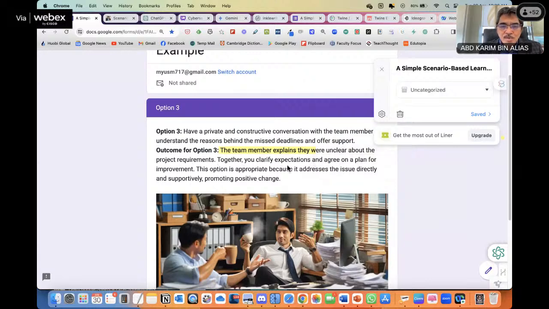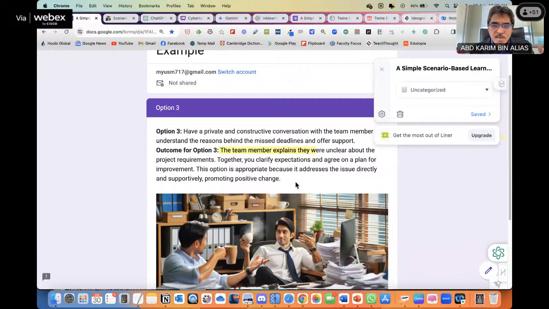Together, you clarify expectations. The manager clarifies the team's expectation and the project expectation, and they agree on a plan for improvement. This option is appropriate because it addresses the issue directly and supportively, promoting positive change.